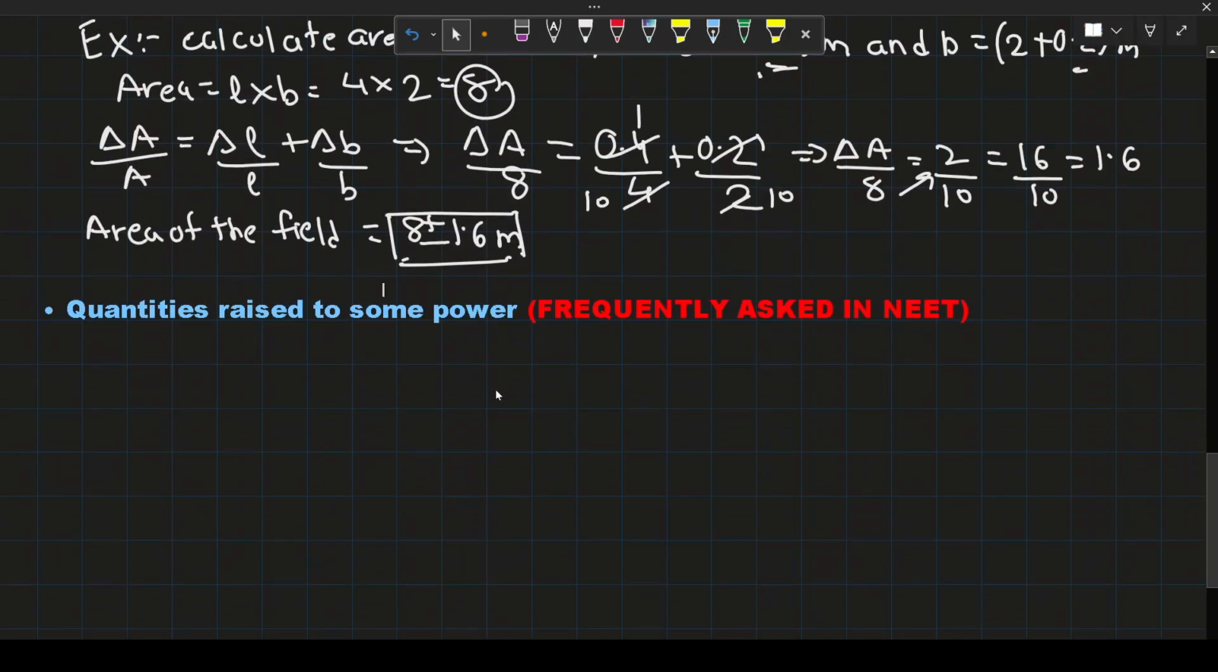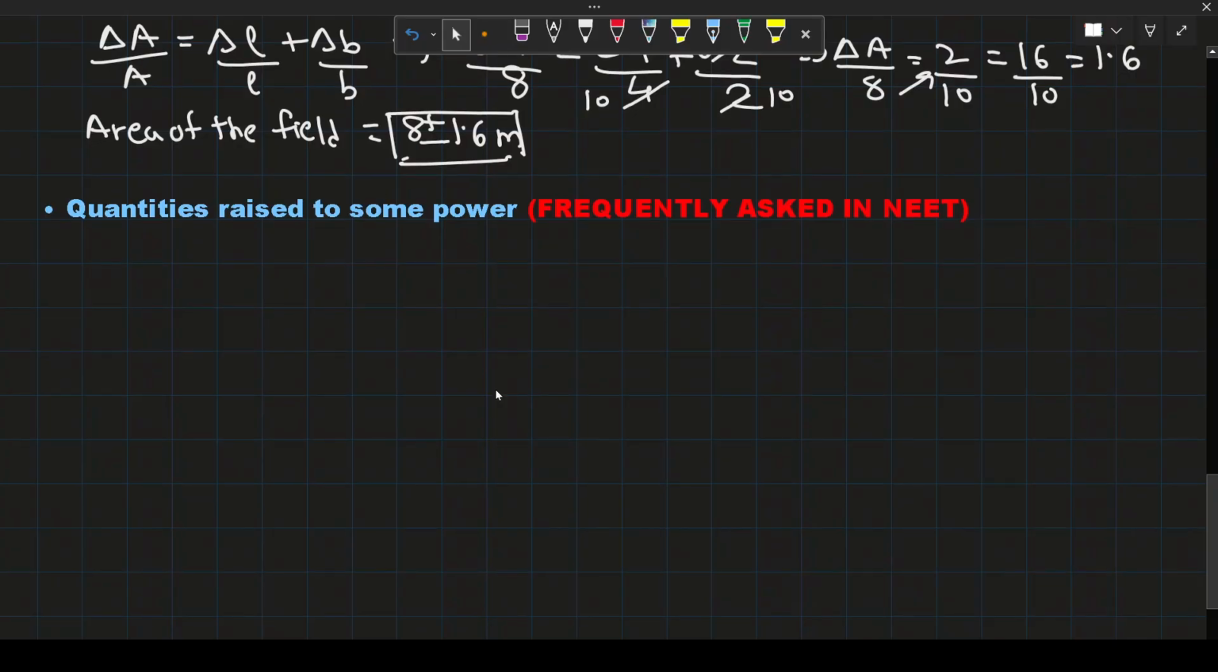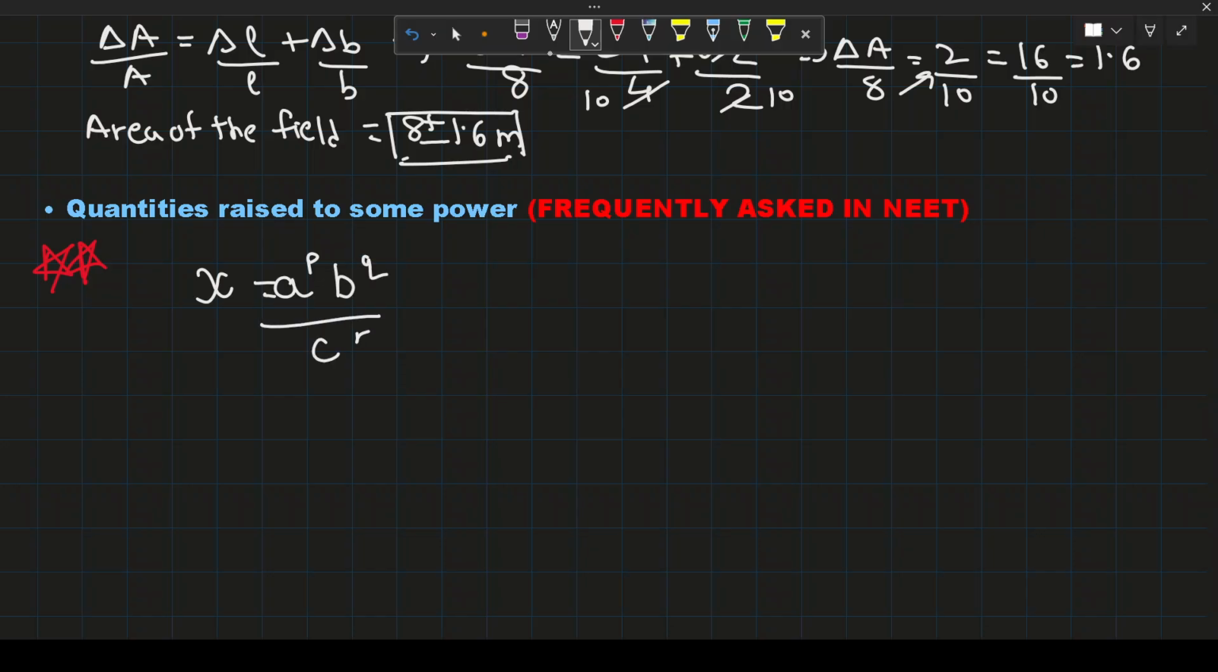Next is quantities raised to some power. It is frequently asked in NEET. This is very important. So let's say x is a raised to p, b raised to q upon c raised to r, and they ask you what is delta x. So delta x by x will be equal to, you have to take the power over here